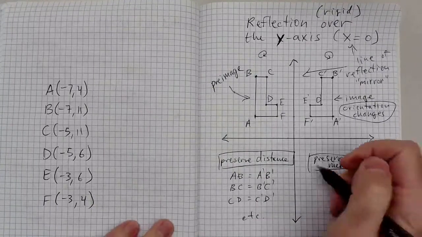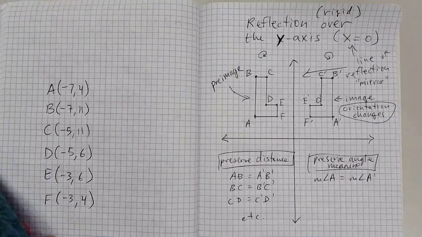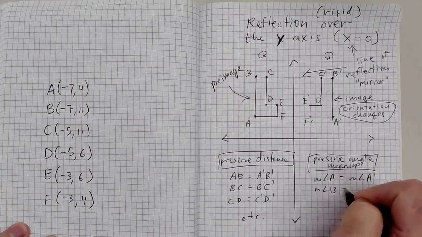Also, the angle measures. The measurement of angle A should equal the measurement of angle A prime. Well, A is what? A right angle. In fact, all of these angles are right angles, are they not? Therefore, you can clearly see